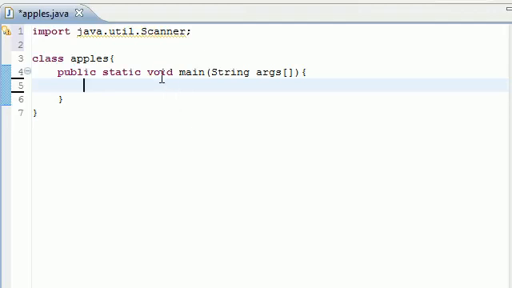So we need to make a variable that's going to hold the input from the keyboard before we use it. So to do this, we need to go ahead and write something called Scanner, S-C-A-N-N-E-R. This means that we're going to use the scanner. Next, you need to give your variable a name, and I'm going to name mine Bucky. And then you need to set it equal to whatever they enter from the keyboard. So to do this, you need to follow along. New Scanner, and in your parentheses right here, let me add my semicolon first,